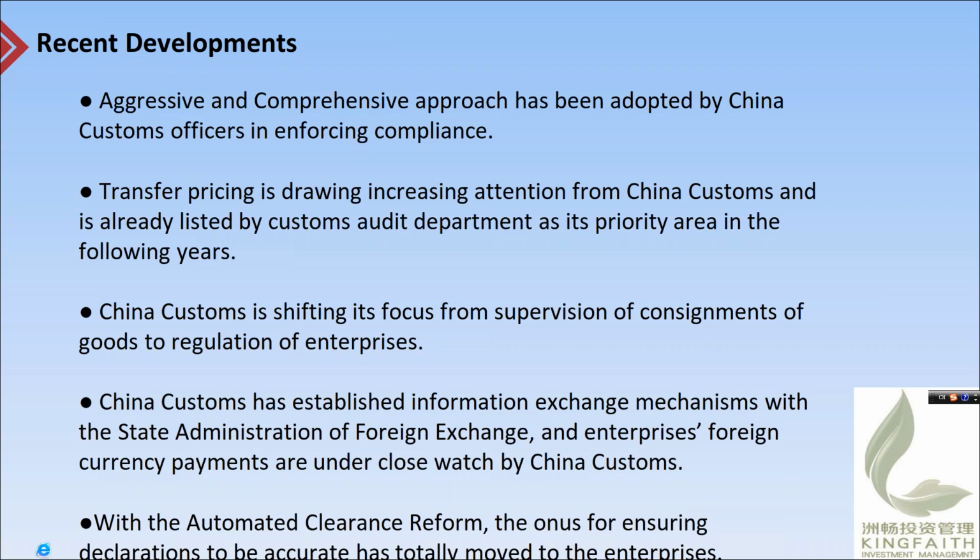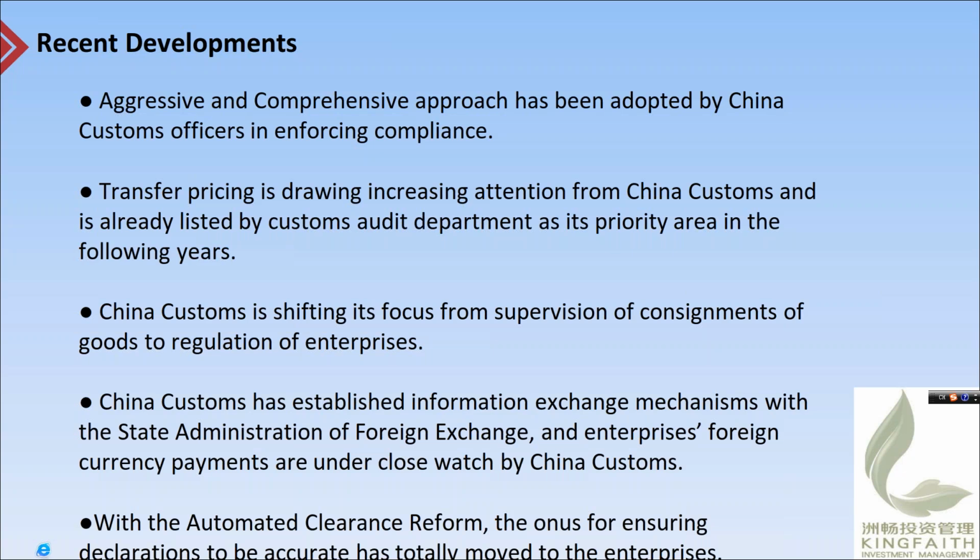Second one is transfer pricing is drawing increasing attention from China customs. This year, it's already listed by the Customs Audit Department as its first priority in its work in the following years. So we expect that there will be a lot of audit cases relating to TP